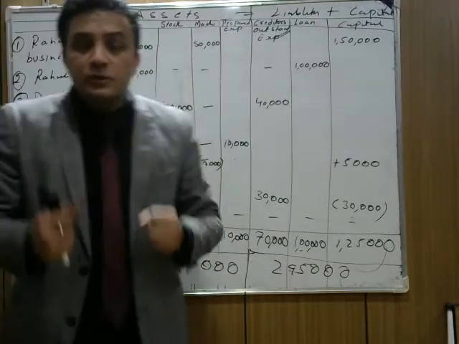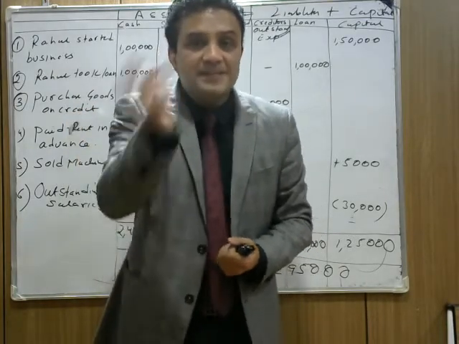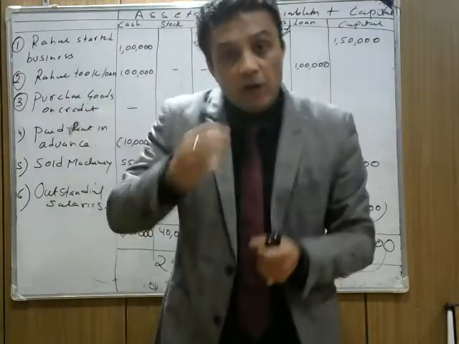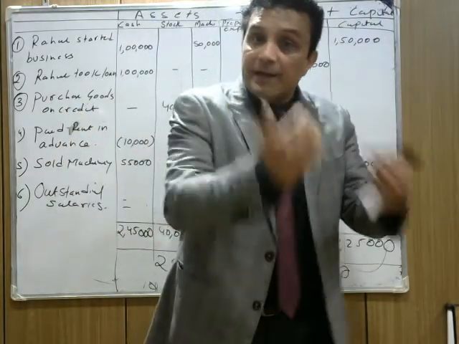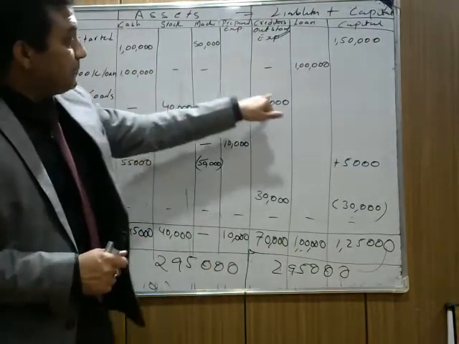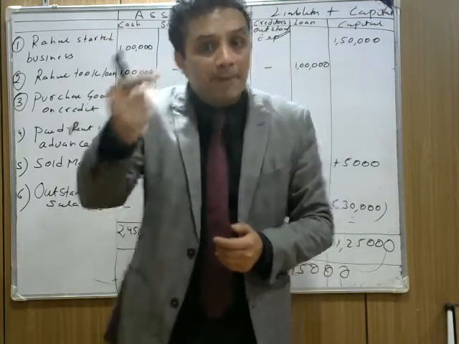When you purchase goods on credit, you get goods, you get a stock. आपको stock मिला, but at the same time your liability also increases because you purchased goods on credit. You have to pay money. आपको ये पैसा pay करना पड़ेगा. Your stock increases, and at the same time your liability also increases. That's creditor because you have to pay money.